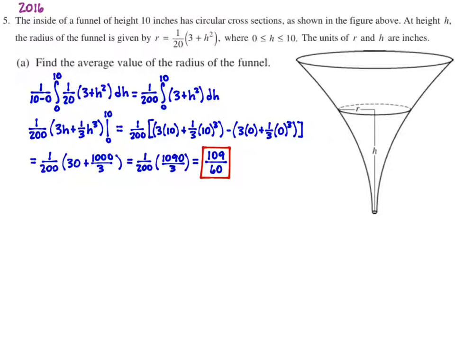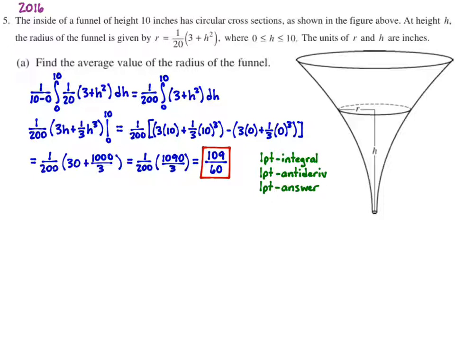So our point values here, you're going to get 1 point for having the correct integral. So as long as you had the integral from 0 to 10 of 1 over 20 times 3 plus h squared dh, you got that 1 point. You're going to get 1 point for taking the antiderivative correctly. So whether you took the constant out and then took the antiderivative, or distributed and then took the antiderivative or something along that nature, you would have gotten 1 point for that correct antiderivative,